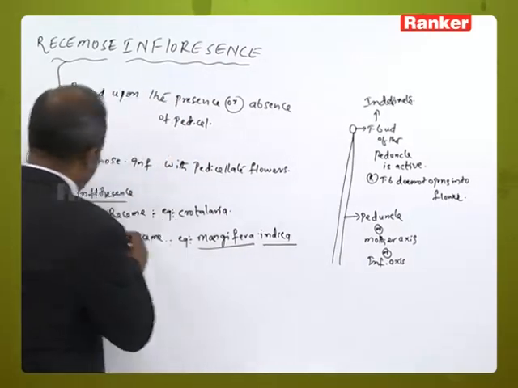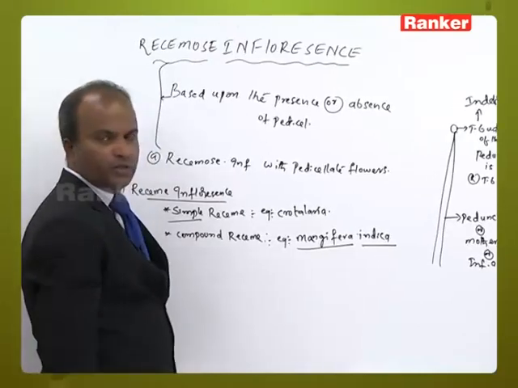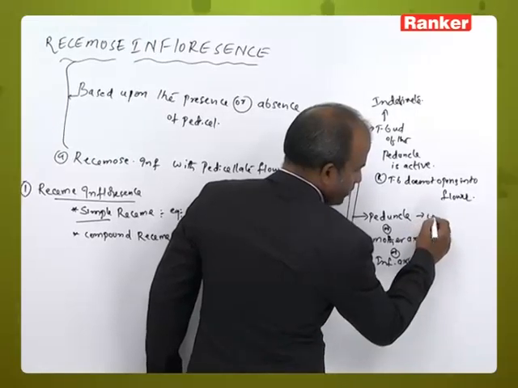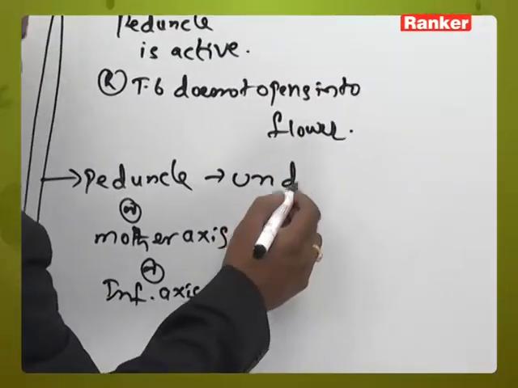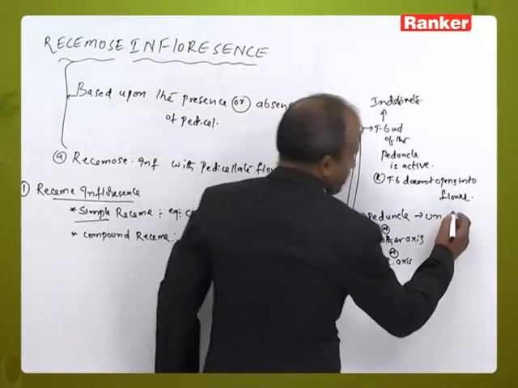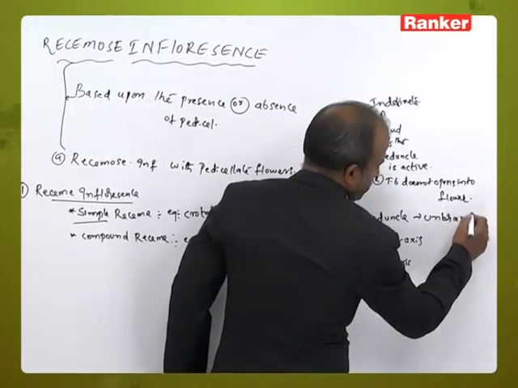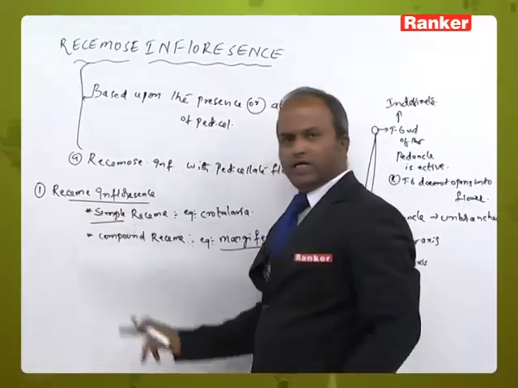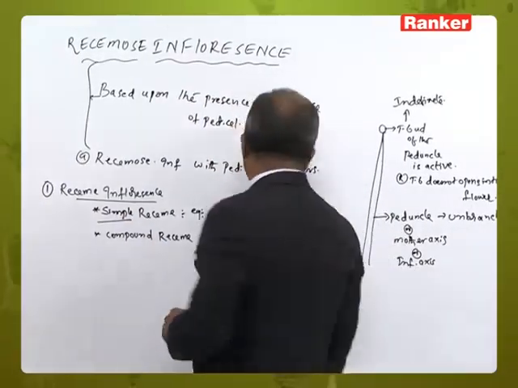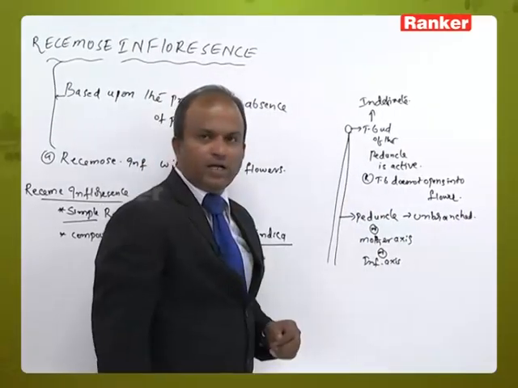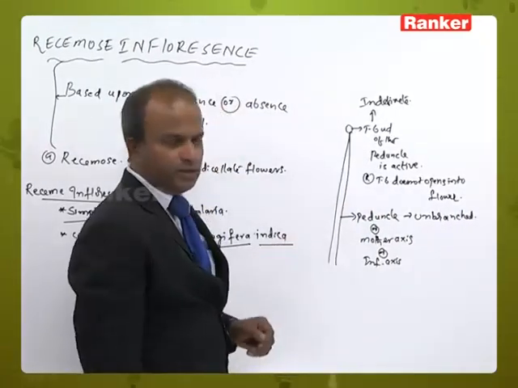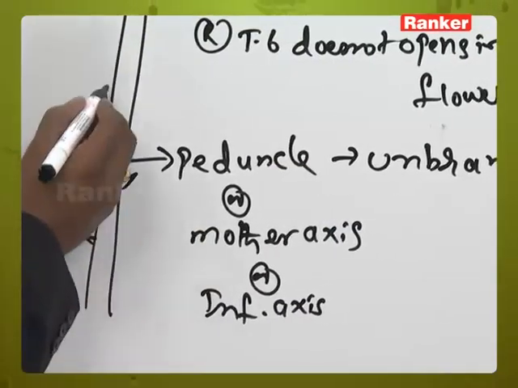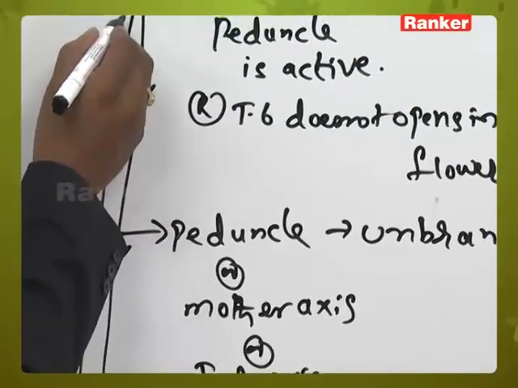And what is meant by simple? Simple means the peduncle is unbranched. As it is a simple type, the peduncle is unbranched. And on this peduncle there are numerous bracteate